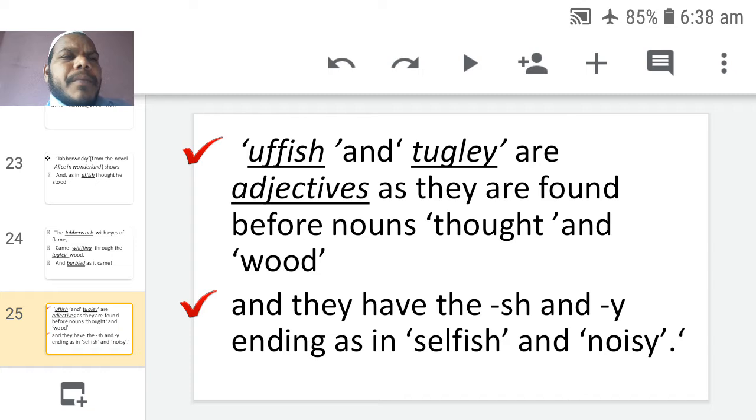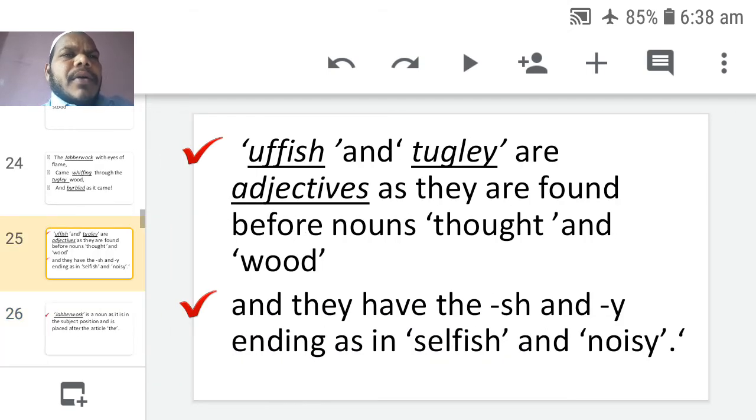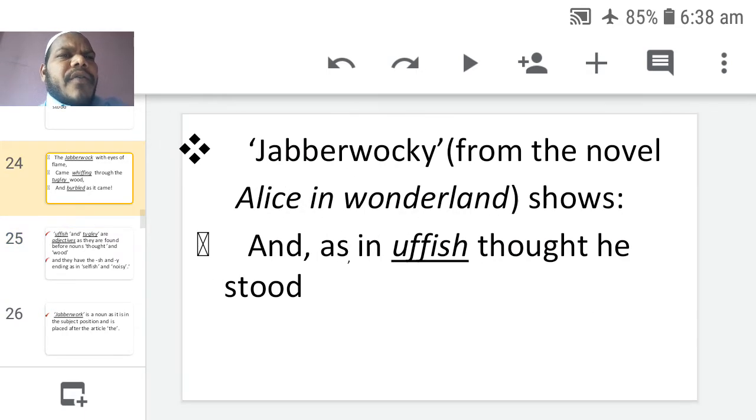and the suffixes -sh and -y ending, as in selfish and noisy. Look, without knowing the meaning, by seeing the place of the word, what here,